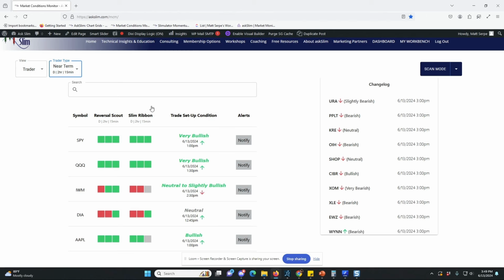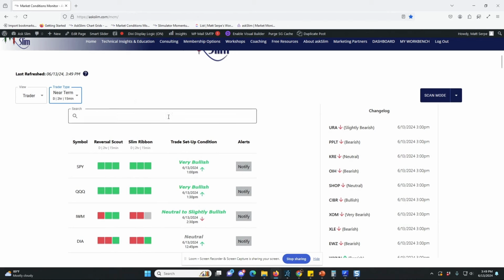So what it's doing is tracking the changes across multiple time frames relative to our momentum indicators. And we've set this up so that it is essentially doing a sum of the evidence through these multiple time frames, so you don't have to, and it's coming up with a trade setup condition. And you can adjust that trade setup condition based on your trader type, essentially your outlook period. So whether you're an intraday trader, a near-term trader, short-term trader, or intermediate time frame trader, you can make these